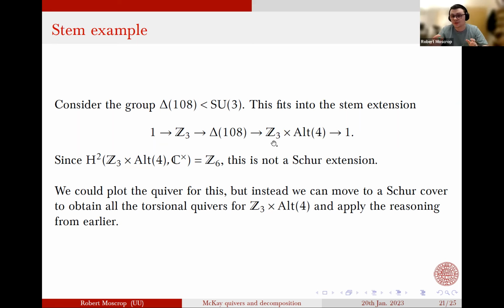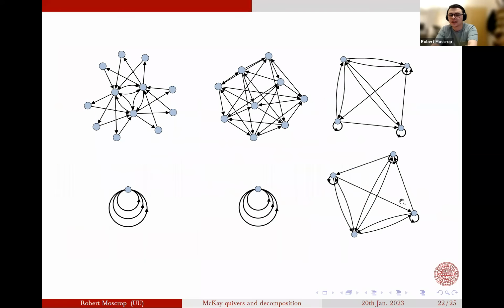So I'm going to a Schur covering group of Z3 cross alt 4, and that gives me the whole Z6, and it's all of these components. But I only started with a Z3. I had a Z3 from the delta 108, basically. So how can I get it from this? The naive guess would be that these two on the far right, Q squared and Q to the 4, would form my Z3 subgroup when I add the original one. So this one here and these two, conjecturally, are my McKay quiver for the 108.